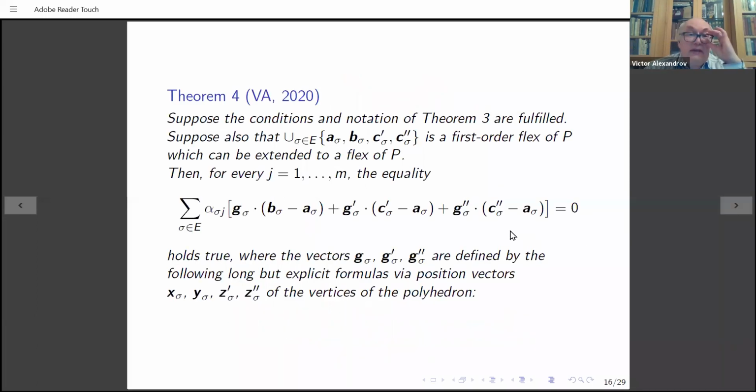And nevertheless, it is useful because it makes it possible for me to formulate the following theorem, available in my paper mentioned at the beginning of my talk. So suppose the conditions and notation of theorem 3 are fulfilled. It means that we have a